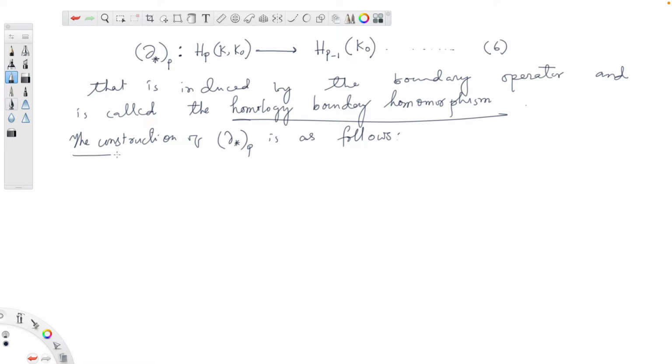Given a relative p chain of K mod K0, which we denote by Z, that is Z belonging to this group,